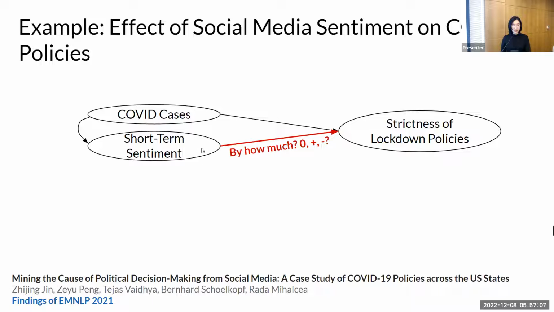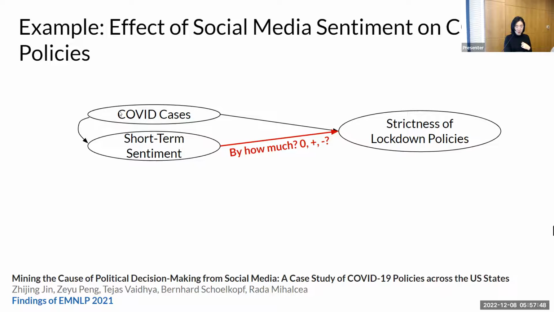The traditional tool we can use is a BERT classifier to get the sentiment from social media. The hypothesis is that even if there are severe COVID cases, would the governor still open a state if people show very emotional sentiments on the internet? So the causal graph here is that the COVID cases affect both the sentiment and the lockdown policy. It's a much simpler version of the complicated graph we have seen before, and in this graph, we already satisfy the backdoor criterion by blocking COVID cases.